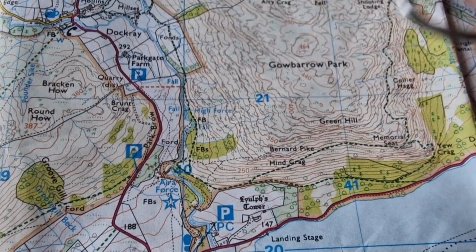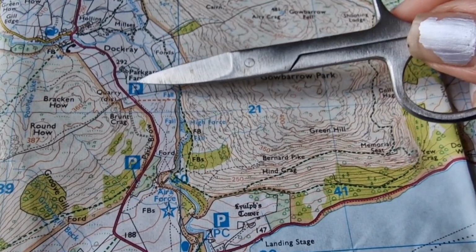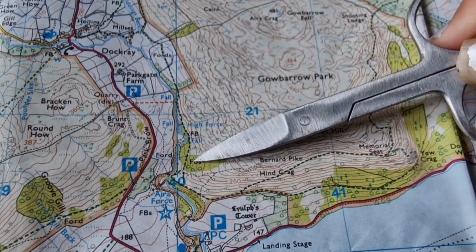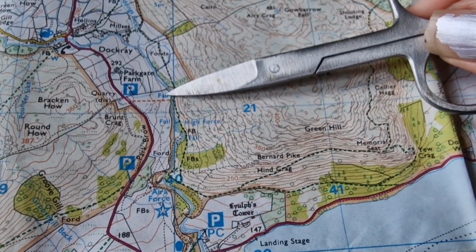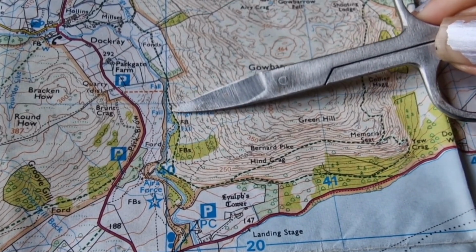But as I say, we were coming in from Keswick, so we parked on the higher path, on the access path, to cross the bridge here, as the trail for Gowbarrow is on this side. Later on we're going to cross over to Aira Force waterfall, and on this side back up. So you go down via High Force on this side,